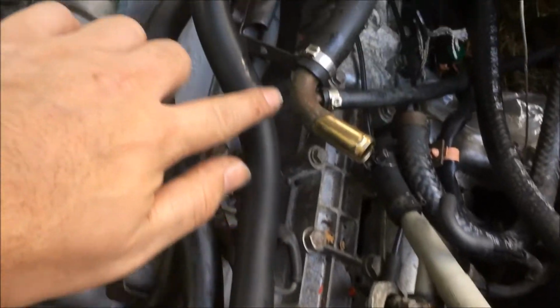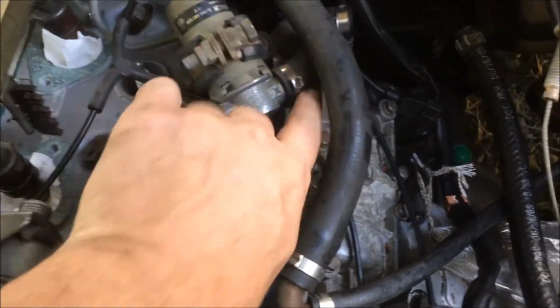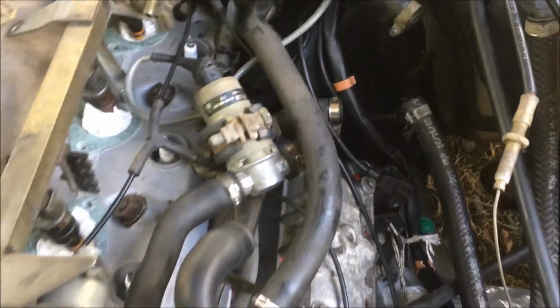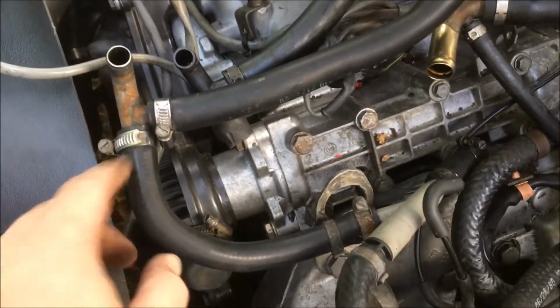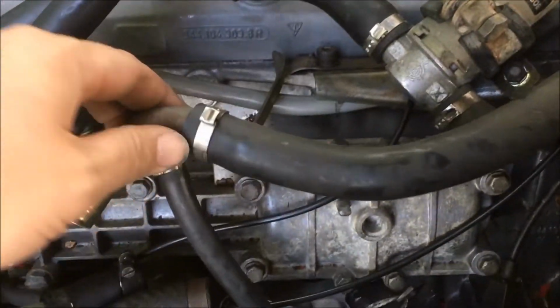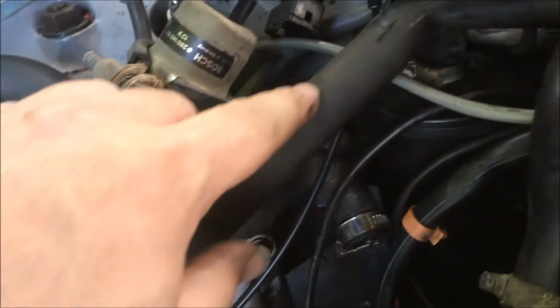And of course, even on the earlier models, this comes across and connects to the ISV, and then this connects to the rear port on the intake. So that didn't change. The only thing they did was get rid of this venturi and this pipe here and capped it off. Now, another thing that they changed when they deleted the venturi was, you can see this pipe